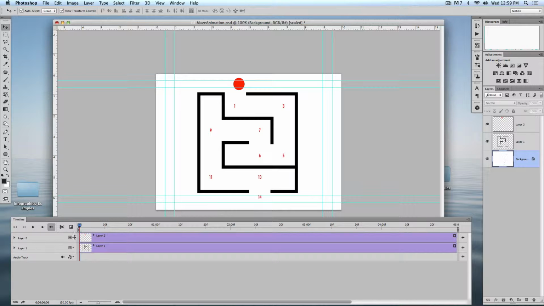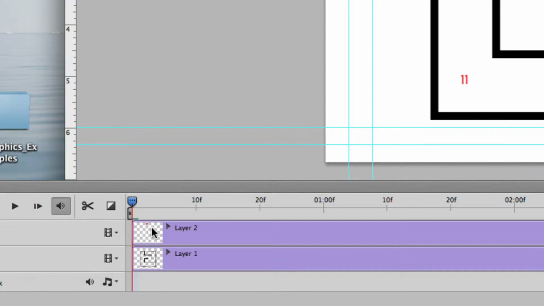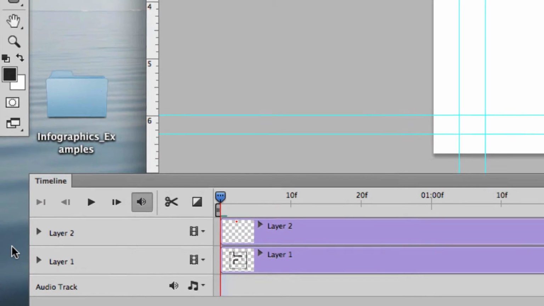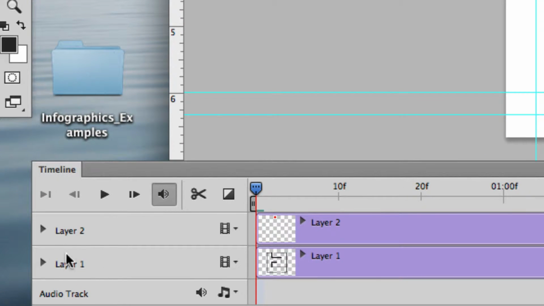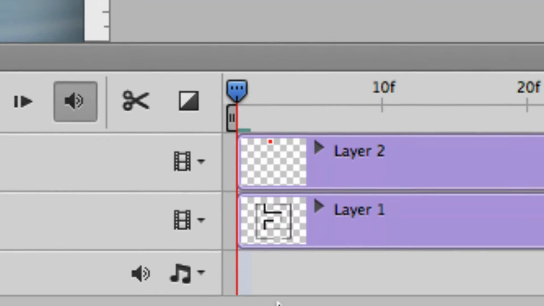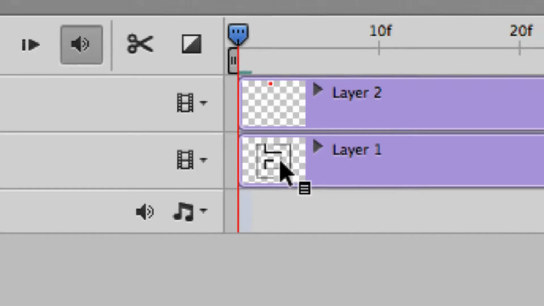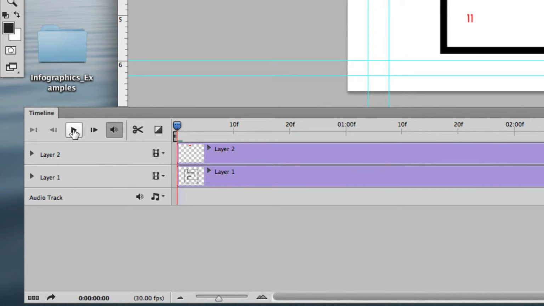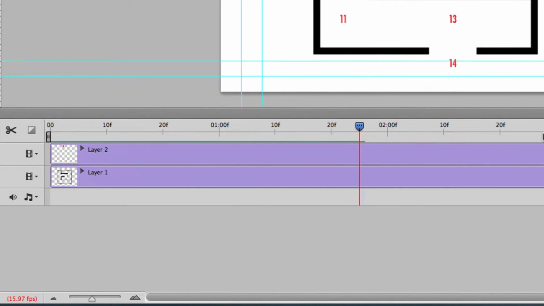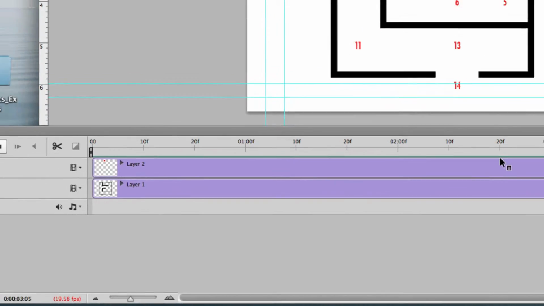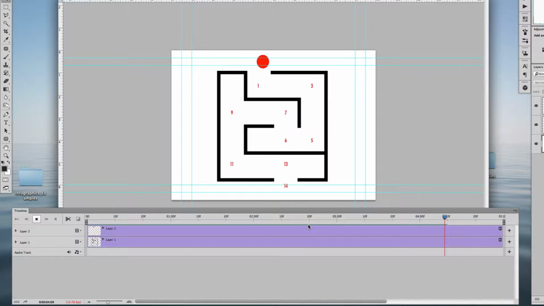In our timeline, every layer that we have also has its own little time to exist in. So on layer 2, I've got the little ball. On layer 1, I've got the maze itself. I don't have one for the background layer. If I was to press play, this thing is called the playhead, and wherever it's at, that's where an animation will take place. So right now, I've got it set for 5 seconds, so it'll actually play through by default